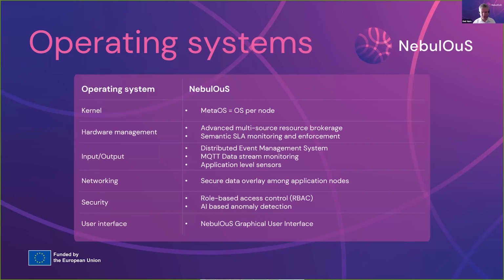So each application has its own Kubernetes cluster, and the MetaOS that we are representing, we are just pushing jobs or services or pods to these different nodes. We do, however, manage the hardware. So the hardware that is available for inclusion in that cluster is done by Nebulous, and we're also monitoring the SLA. So if you come with some kind of hardware equipment and you claim that it can do something for the application and it cannot, then we will exclude that from being selected for the deployment of applications.